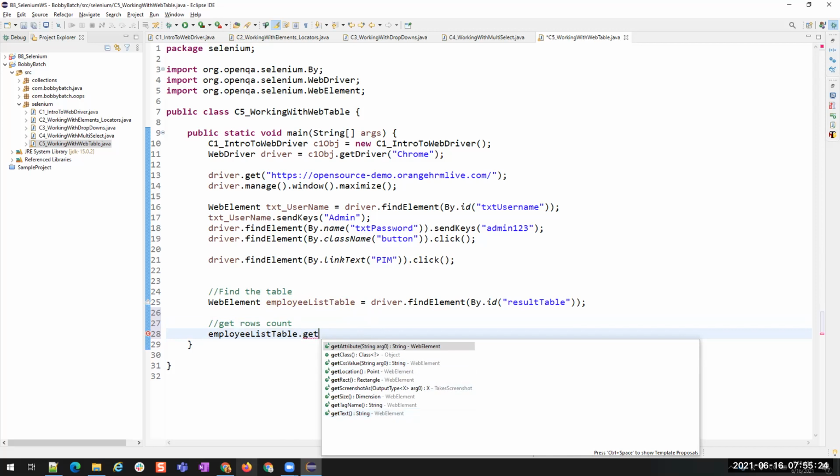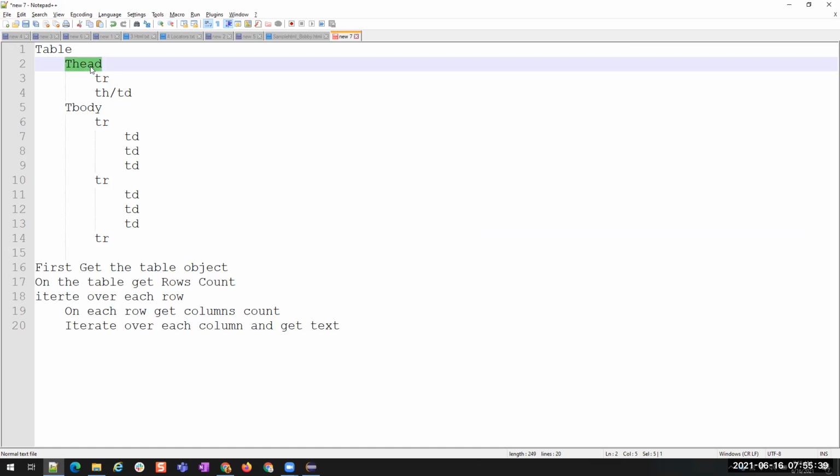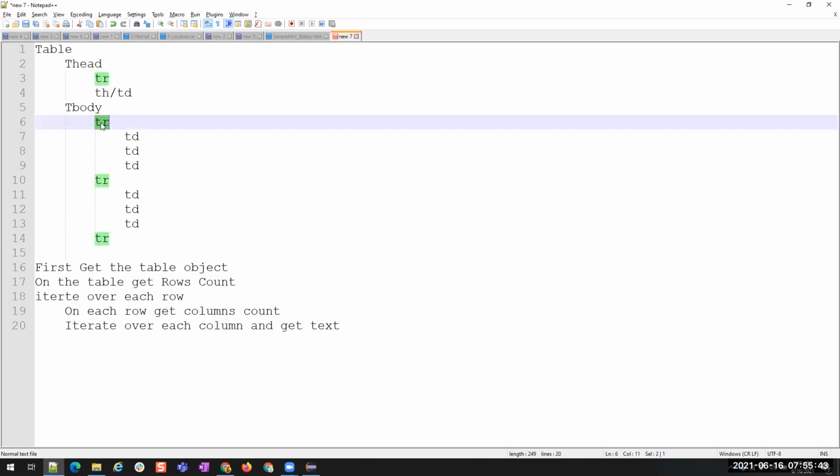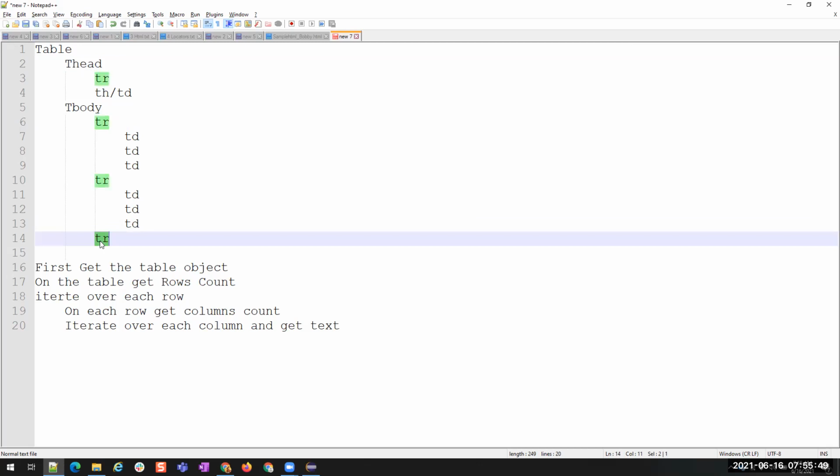But how are we representing the rows in a table? Which tag are we using? Come on. Which tag are we using to represent the rows? Is it t-head? TD. No. Row, TR. Yeah, we are using TR. So if we know the count of these HTML tags, then will we know the number of rows?